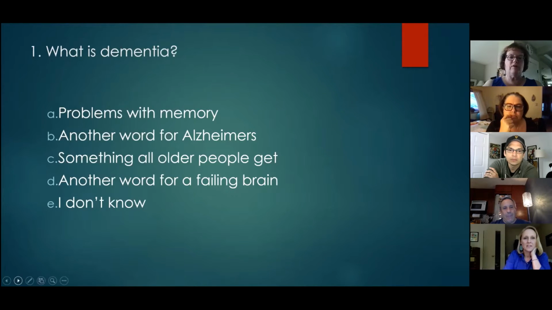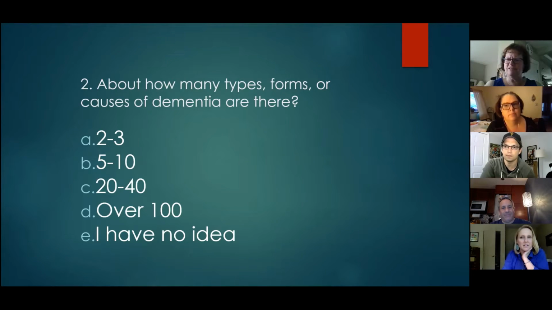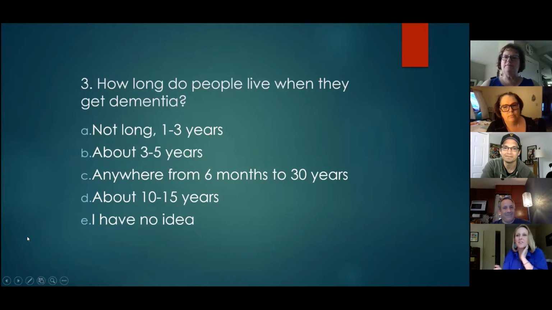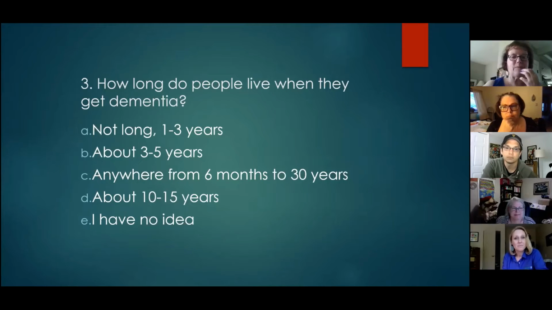And I have a couple more questions. I asked you this before, so I think somebody knows the answer to this one, right? How many types or forms or causes are there? Yeah, there's over 100. And don't we seem to be hearing more every year or so? I keep seeing new ones coming out. I think we're maybe better at figuring these things out, but I'm not sure why. And then discovered deviations from within one little subtype. We discovered there's multiple subtypes underneath. Okay, cool. Yeah, that's right. I like that, Beth. I'm going to go back to that umbrella picture in just a minute.